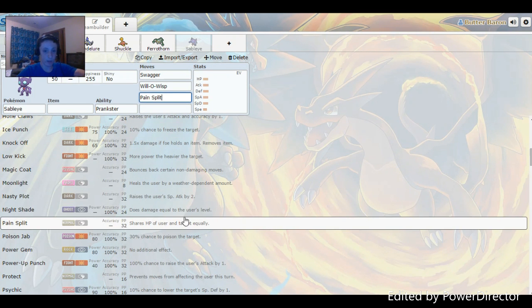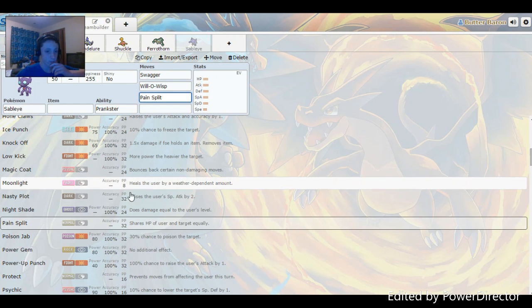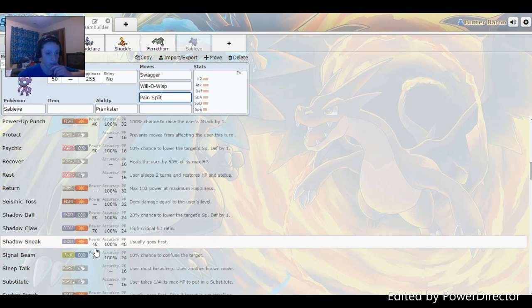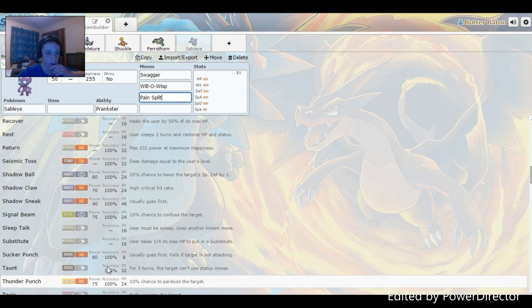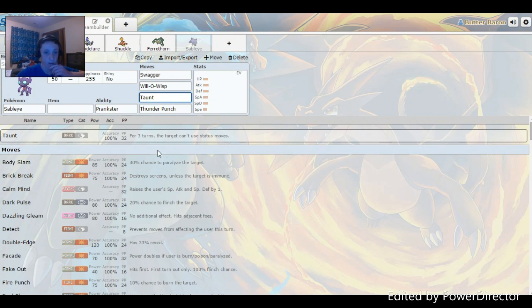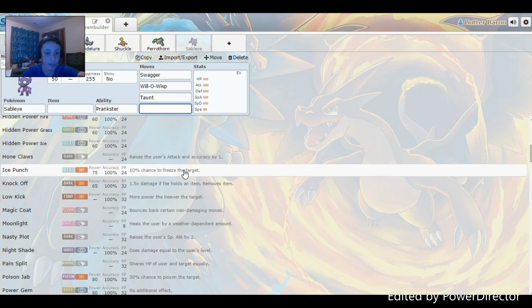Shares HP of user and target equally. So if you have less HP than the target, then yours goes up and theirs goes down. So you also have things like Substitute again, Sucker Punch for priority. You have Taunt. Taunt is a really common one. For 3 turns, the target can't use status moves. So if you use Taunt on a stall Pokemon, that can shut them down completely, and they might have to